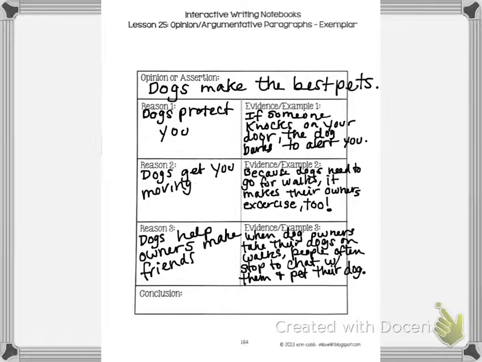Okay. Now, we're down to the conclusion, and as you remember on your basic paragraph, this is just kind of a restating of your opinion. Sometimes you might refer back a little bit to your evidence or your reasons to kind of drive home your point and convince the people who are reading it that you're right. So for my conclusion sentence, I might write something like,